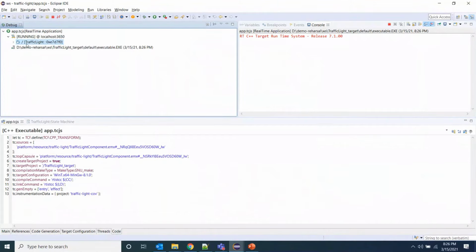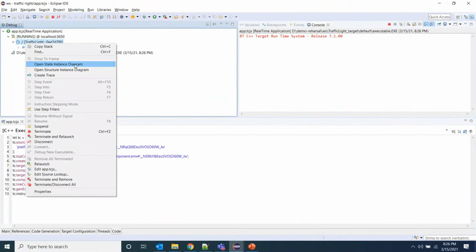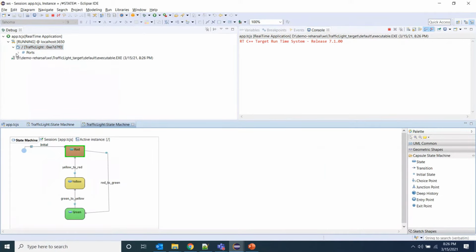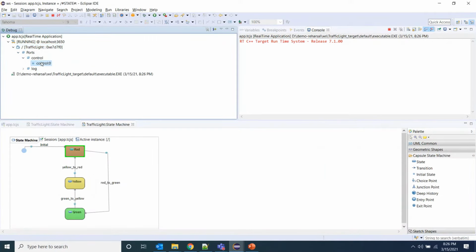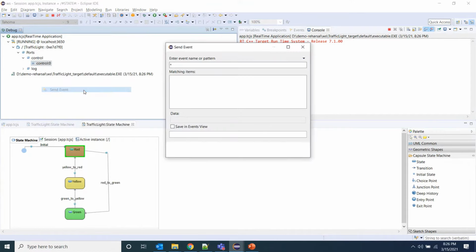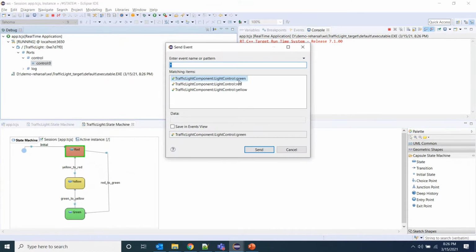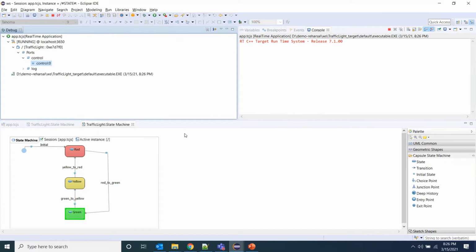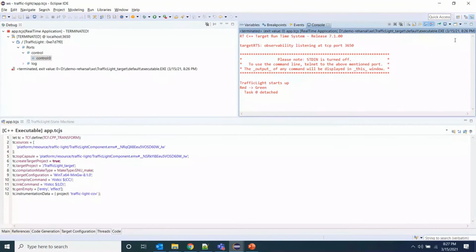I'll open the state instance diagram to see the flow and whether we are able to get the same coverage with the help of instrumentation. So I will send a green event. Okay, now we can see the control has moved to green. I will stop the application.